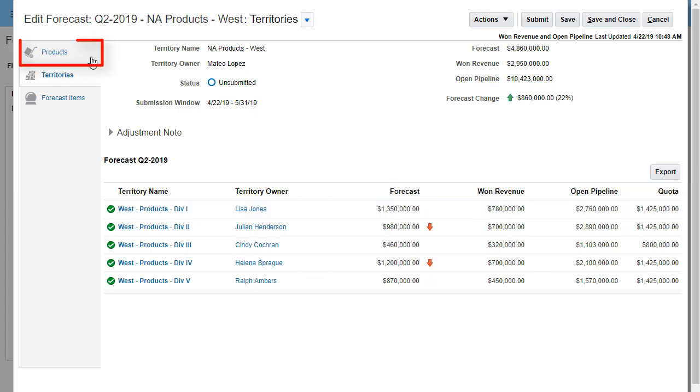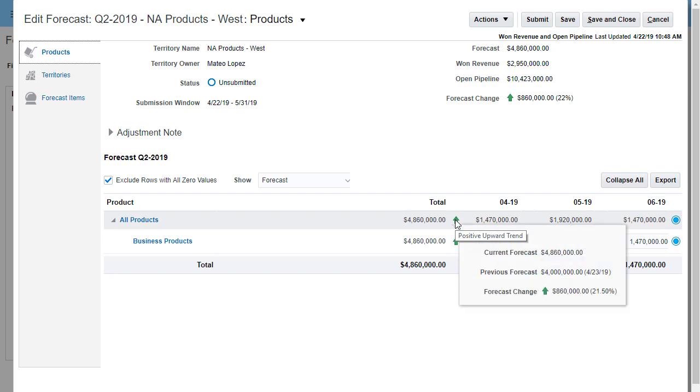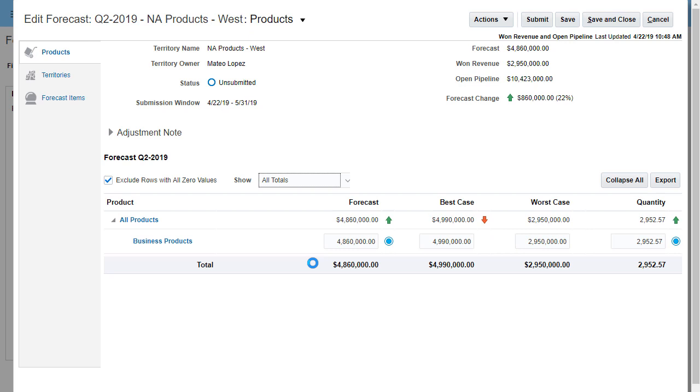In the Products tab, I can adjust the forecast amounts by both product and time period. When I hover over the Forecast Change arrow, I can compare my current numbers with the previous submission. I can choose different views, like All Totals. Here, I can change the totals for the current, best case, and worst case forecasts, as well as the quantity